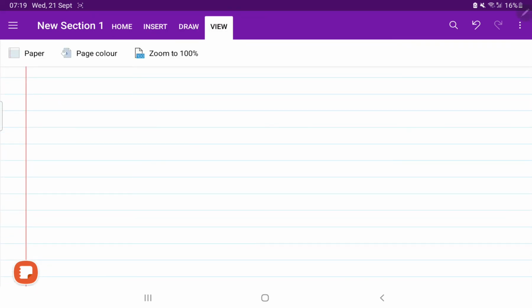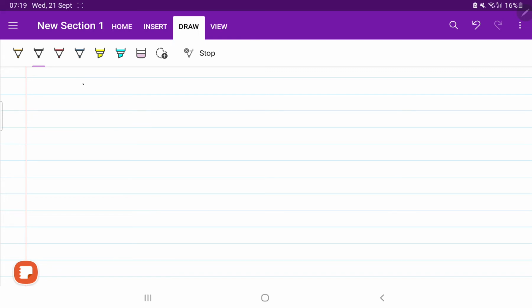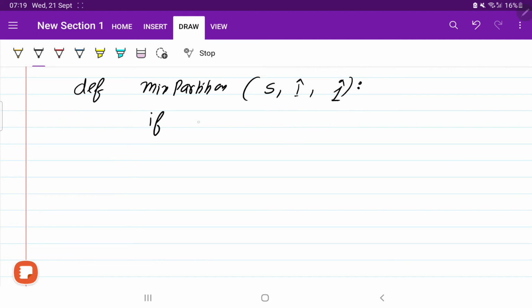Okay, as I am using Python, I am going to write def. First of all I am going to write minimum partition. This is the function name. It will take the string, starting point and ending point. We know that starting point will be 0 and ending point will be the length of string minus 1. So first of all we write the base condition. If i is greater than or equal to j, then we return 0, and then we check if it is a palindrome, then also we need to return 0.